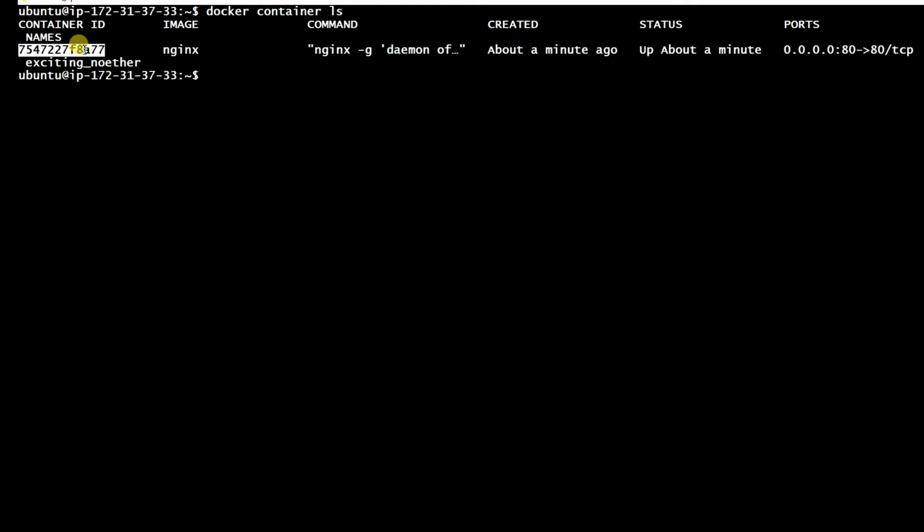In this case, you can see the list of the running container. It's showing me the container was created about a minute ago. The status is up, and the port that we've exposed is obviously 80/tcp. And this docker container ls is showing me only the container which is currently running,